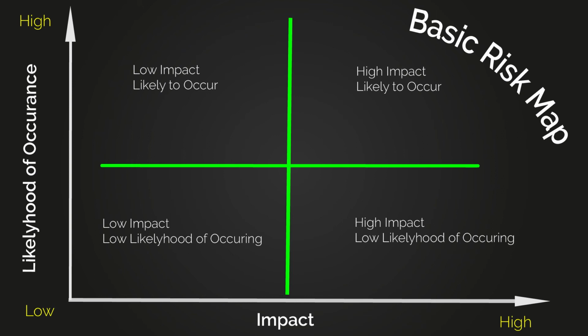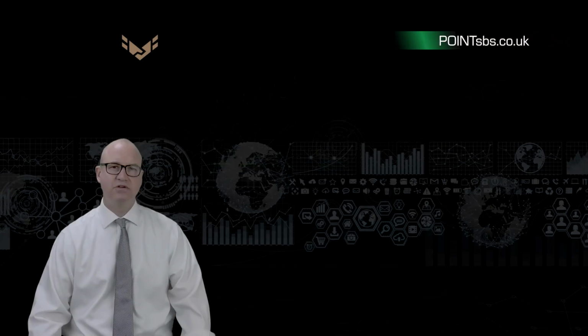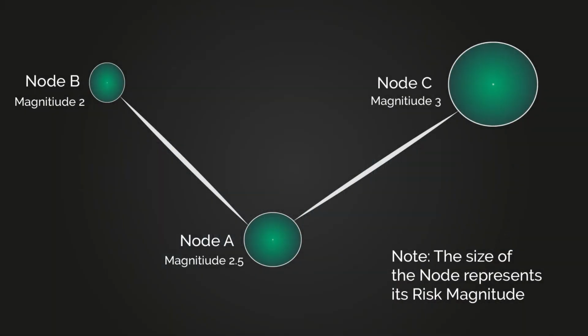So we have identified the risks. We have assigned values to each risk. We must now consider interconnectivity between different risks. And because of this, we need to understand risk networking. A risk network consists of nodes. Each node represents a certain risk. This risk could be identified as, for example, electric pump 1. And the value that is placed on this risk will have been established using practices that we have discussed and practices that we will discuss.